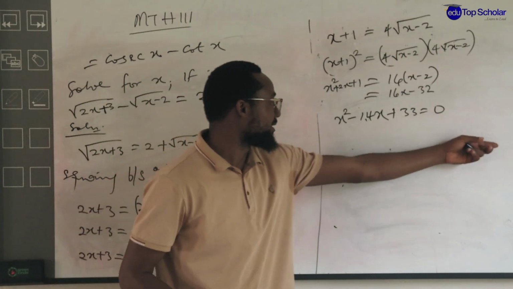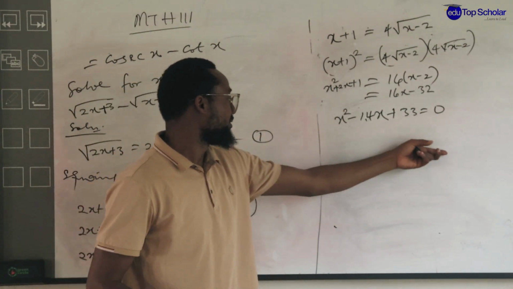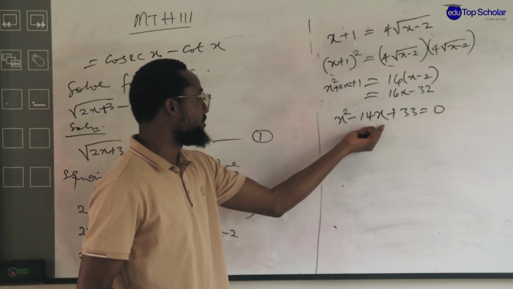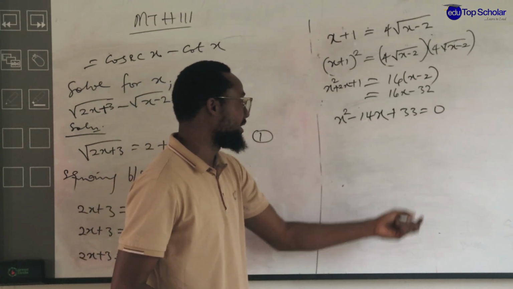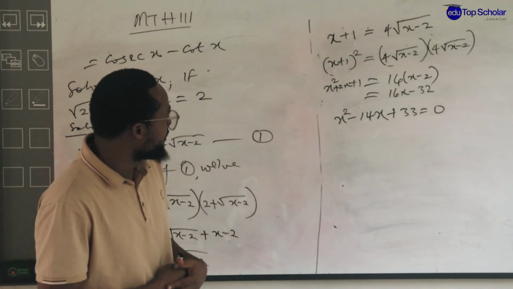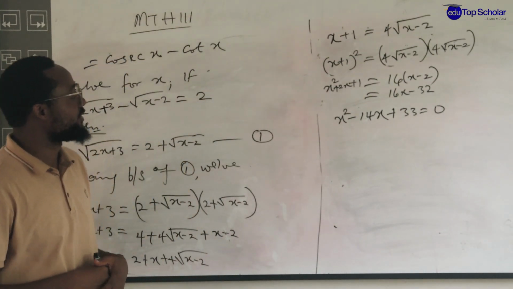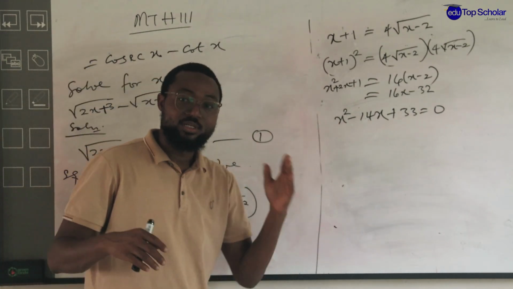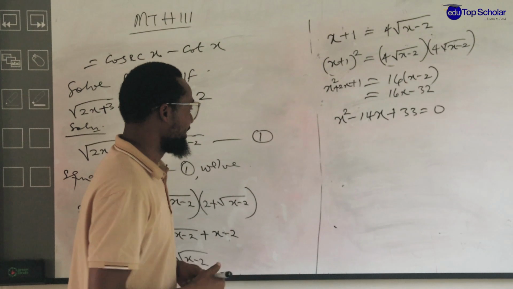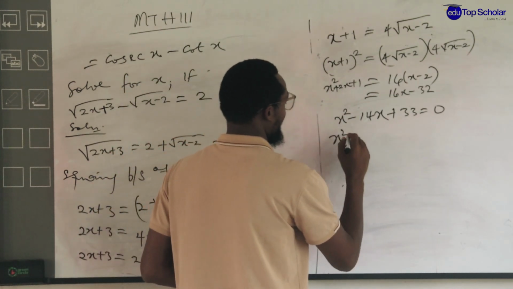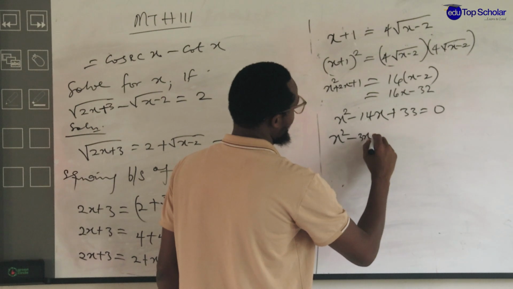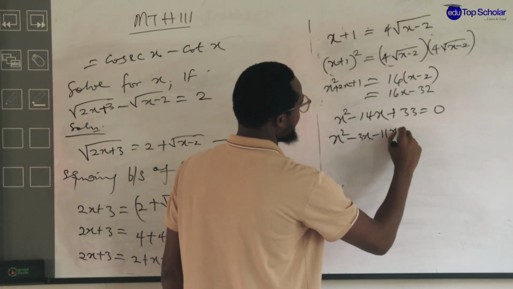This is now quadratic. We want to reduce this now. We look for two factors of 33 that, when added, give us minus 14. I think if we had minus 11 and minus 3, that will give us minus 14, and if we multiply that, we have 33. Therefore, this becomes x squared minus 3x minus 11x plus 33